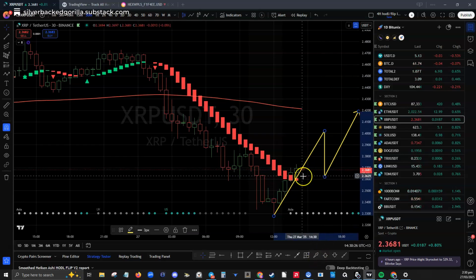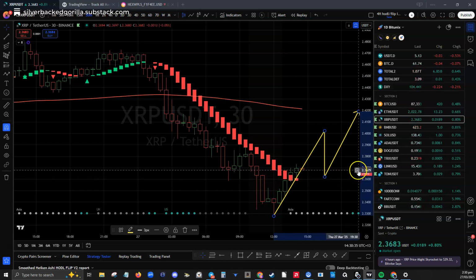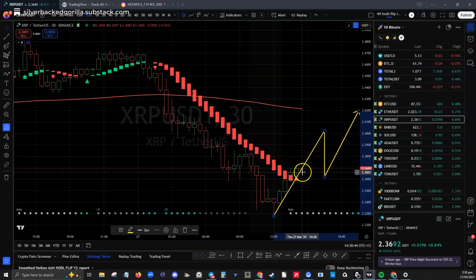So again, I'm going to look at that last green candle. It seems to be coming down a little bit. If it comes up and shoots down there, I could get in. I just don't want to get in too soon. I'd rather go 1 or 2 candles or do something like this before I jump in. So let me just get the bottom part of that green candle for an alarm.